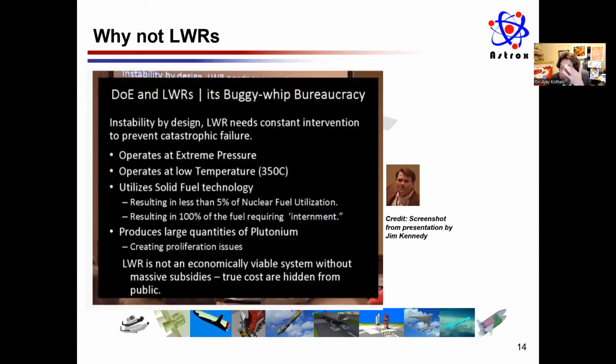So now let's go to why not the present type of nuclear reactors that we have, which is the PWR, which is LWR, light water reactor, or heavy water reactor, HWR. Both of them are pressurized. So they both operate at extreme pressure. They operate at comparatively low temperature, about 350 C compared to this one. They utilize solid fuel technologies and other things. So these are just